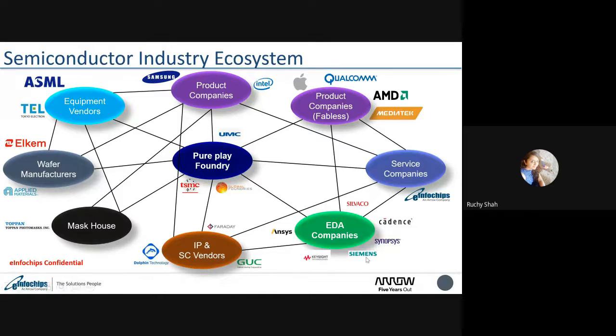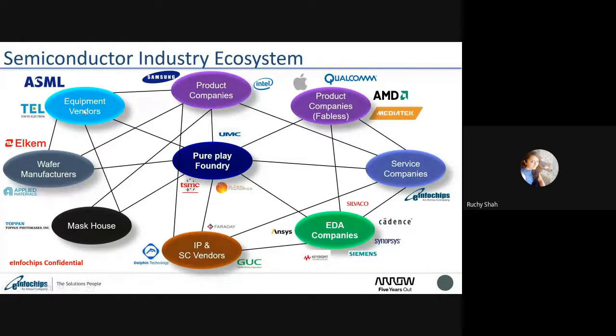So there are EDA companies, and major players in this sector are Cadence, Synopsys, Mentor Graphics, now acquired by Siemens, Keysight, Ansys, and Silvaco. In academia also, we generally use the Cadence, Synopsys, and Silvaco tools. Apart from that, on the right side, you will see some companies which are less known because they basically provide services to either the pure product company or the foundry.